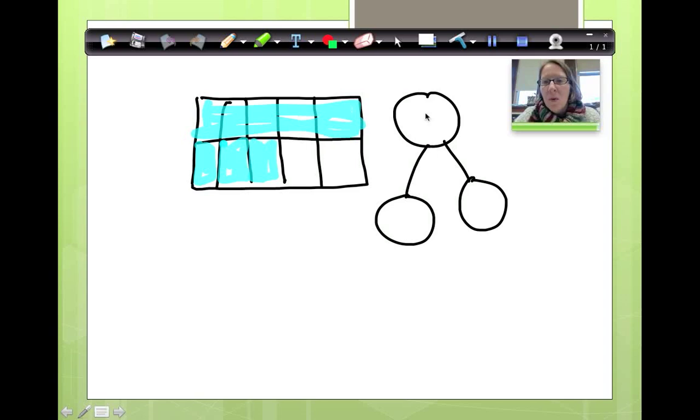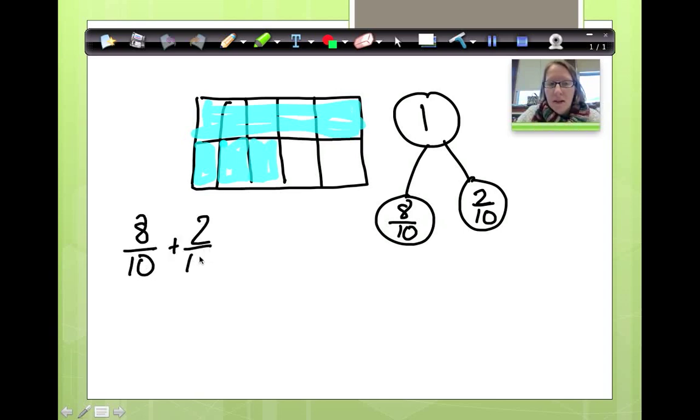Okay, so what goes in here? 1 whole. What did we cut them into? We cut them into tenths. How many are shaded? 8 were shaded. What did we cut it into? We cut it into tenths. How many are not shaded? 1, 2. Okay, please write 8 tenths plus 2 tenths equals 10 tenths because 8 plus 2 is 10, or